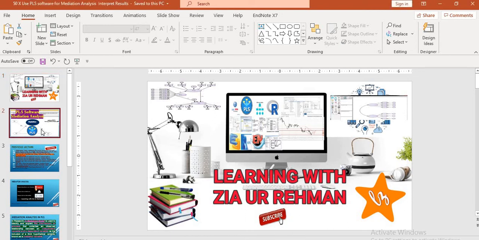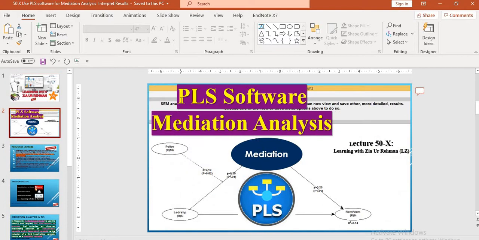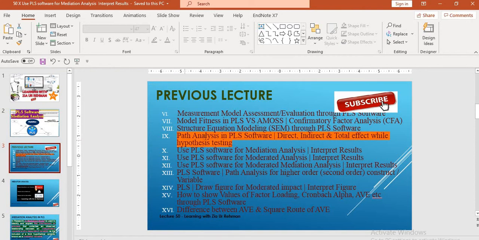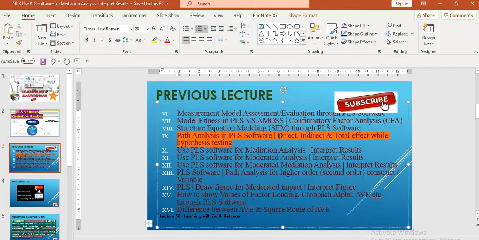Scholars, today we have a lecture about how to use PLS software for mediation analysis. The previous lecture was about path analysis in PLS software, where we delivered our knowledge about direct, indirect and total